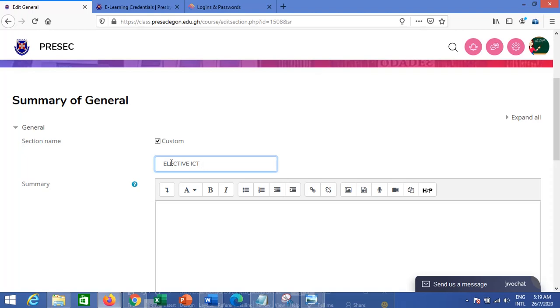Okay, so you can put it this way. It could be your course itself. You can give your course name, for maybe elective ICT for semester 2 or something. So once you do this, that is good. Then you can give a summary. A summary could be